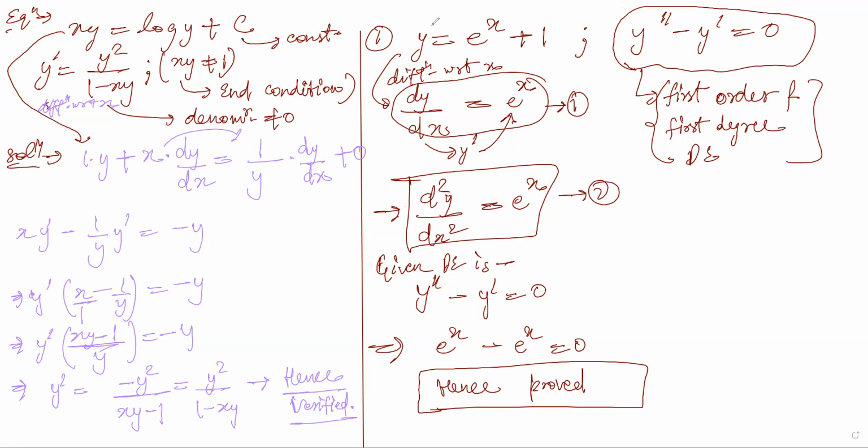So let's say we have this equation y is equal to e to the power x plus 1. In this we have a constant, but we know the constant. The value of the constant is 1. But in this case, xy is equal to log y plus c. C is a constant which is unknown. So all the unknown constants are arbitrary constants. They are constants, but we have to eliminate them to form a differential equation,